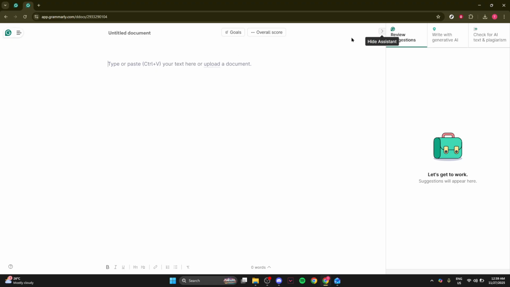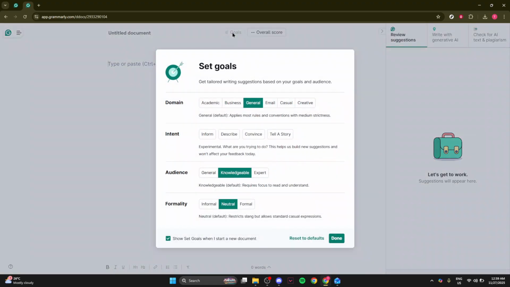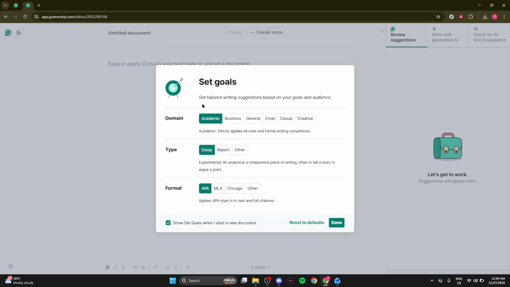This step allows you to set writing goals which can align with the purpose of your academic piece. Consider factors such as audience type, formality level, and domain. By fine-tuning these settings, Grammarly will provide feedback that is more relevant to academic writing, helping ensure your work adheres